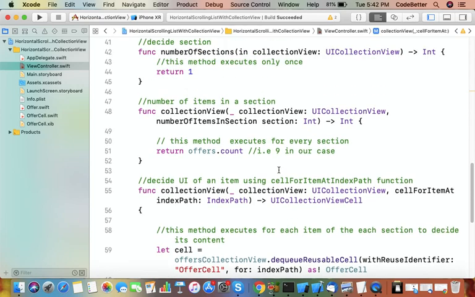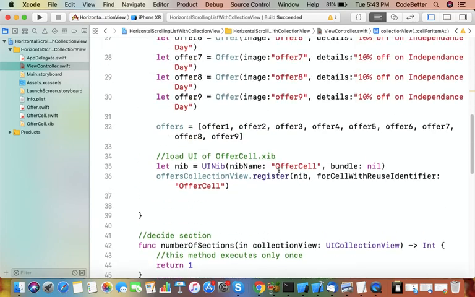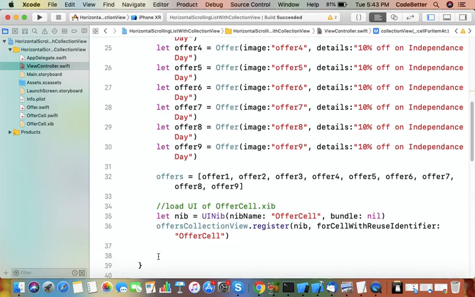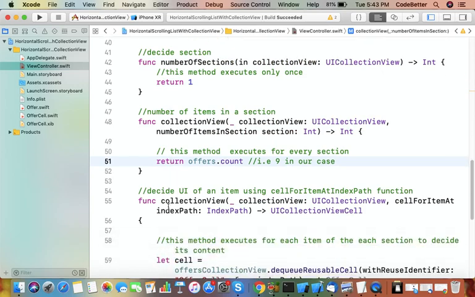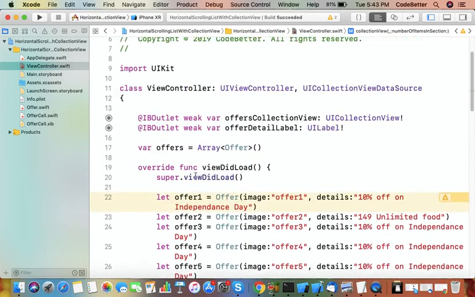Now everything is decided, but one thing is remaining. We have implemented these methods, but the collection view is not aware of the implementation. So we have to tell the collection view that all the required methods are implemented in the current class.